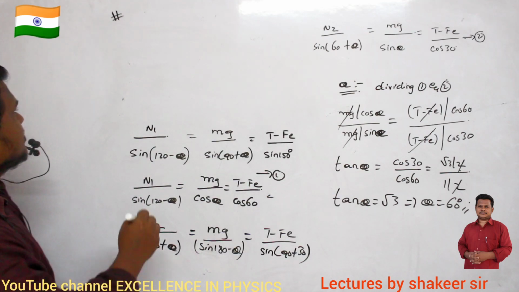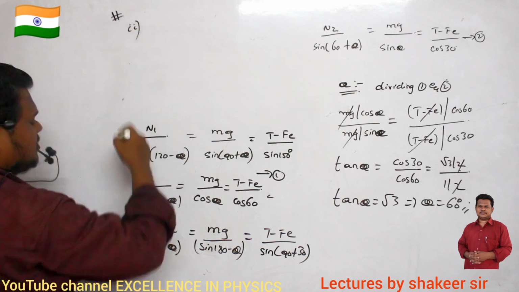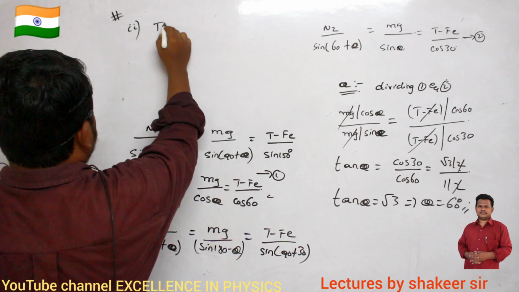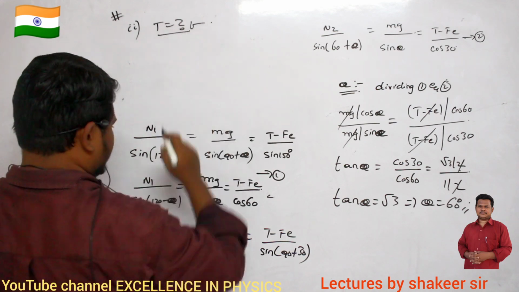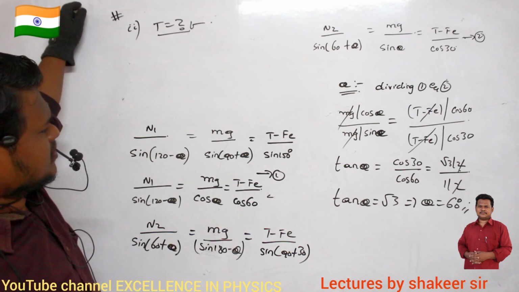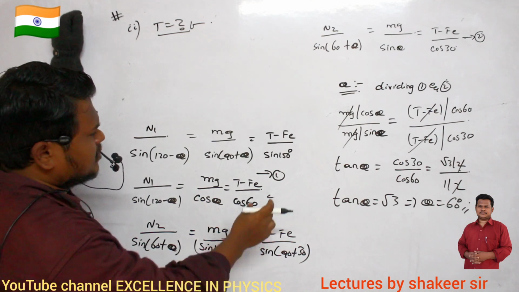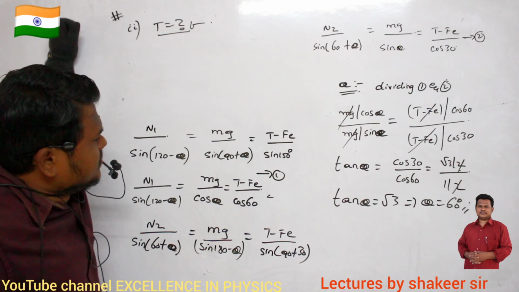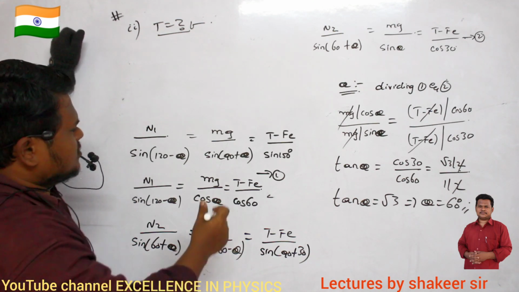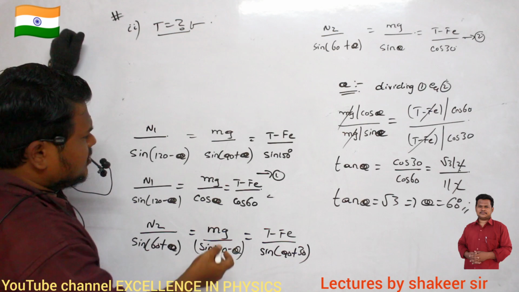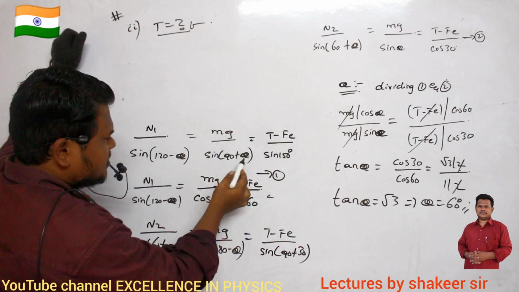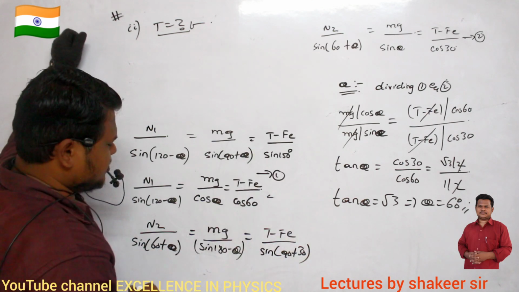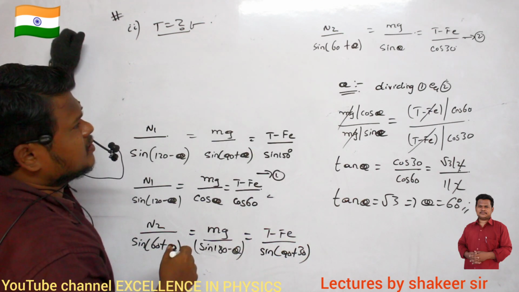Clear? Then he is asking the second question. What is the second question he is asking? The second question is the tension in the cart. So tension we are supposed to find out. Where I have this term tension, here I have this term tension, no? So how can I find out this tension? Can you say? The mass of the body is a known quantity only, no? So just equate these two relations, because alpha value I have already calculated. Alpha value is how much? 60 degrees.